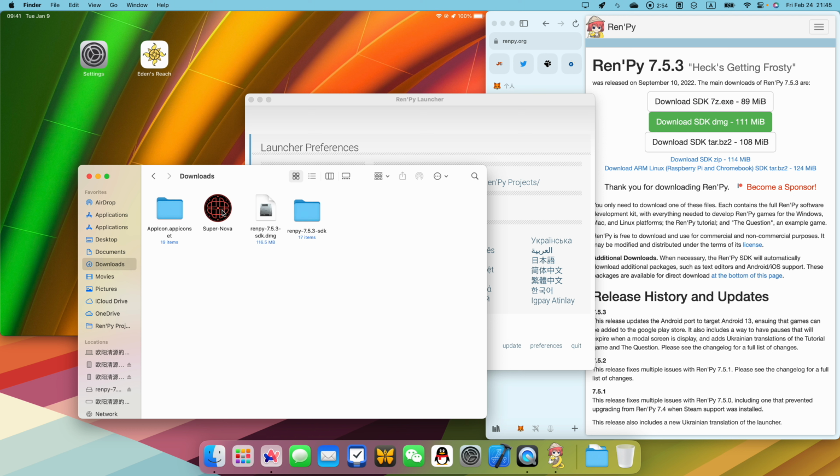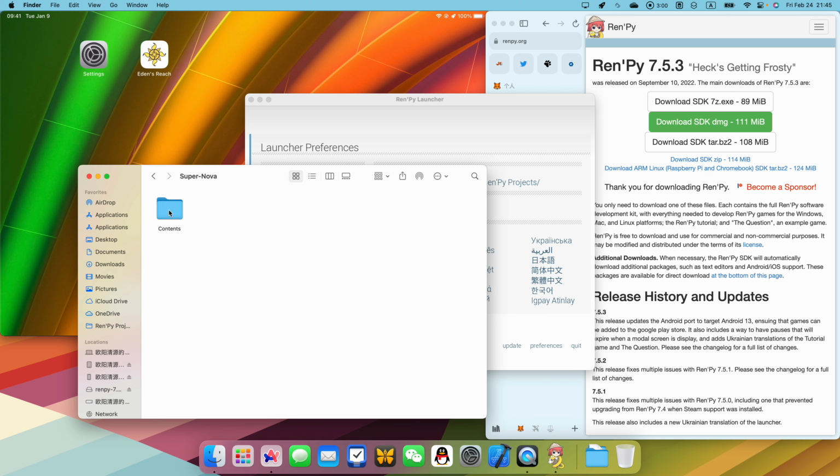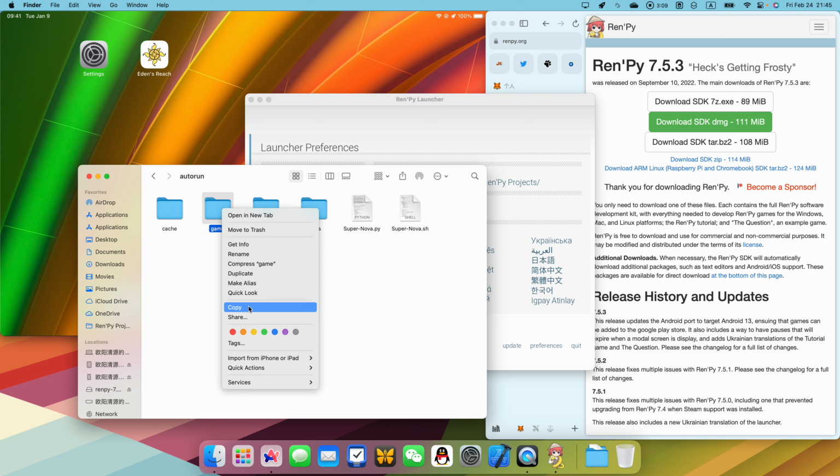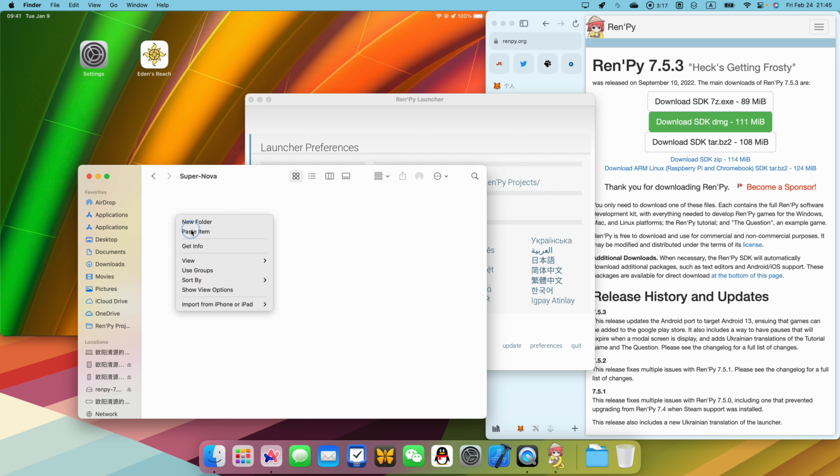Locate your game. Right-click or press the Ctrl key and click, and select Show Package Contents. From there, open Contents, Resources, Autorun, and then copy the game folder inside. Paste it into the folder you just created in the project directory.